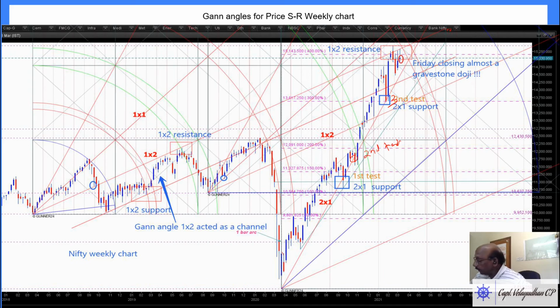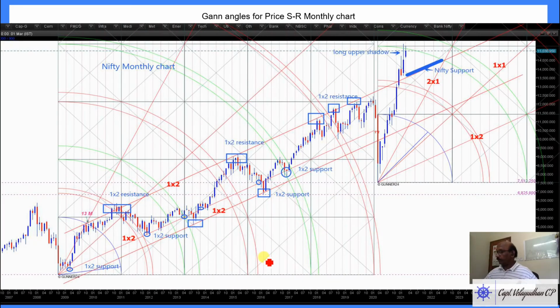These two levels, because market is strong, very bullish, no doubt. So immediate support could be here. This 1 by 2 line acts as support now. If it fails, this 1 by 2 will act as support. This is the way what we can see from the Nifty analysis on the weekly chart.